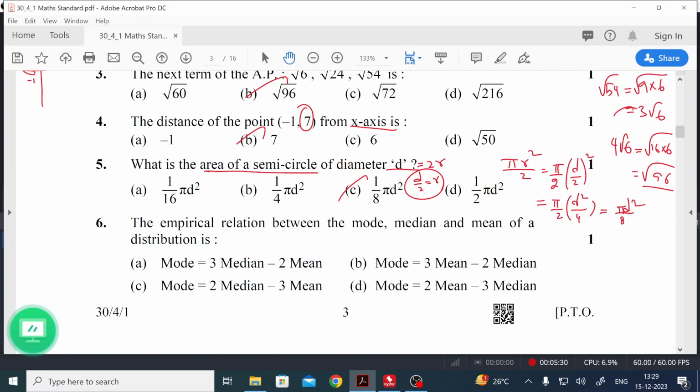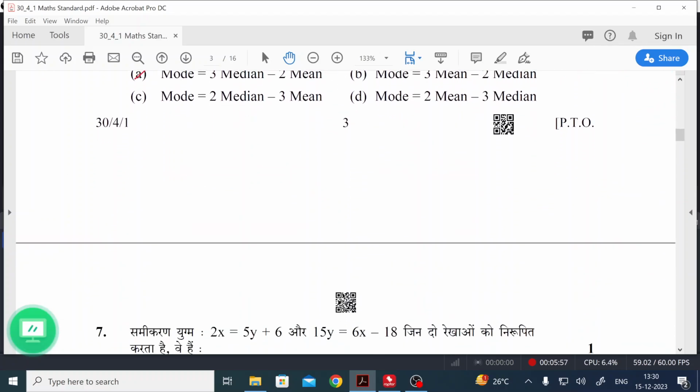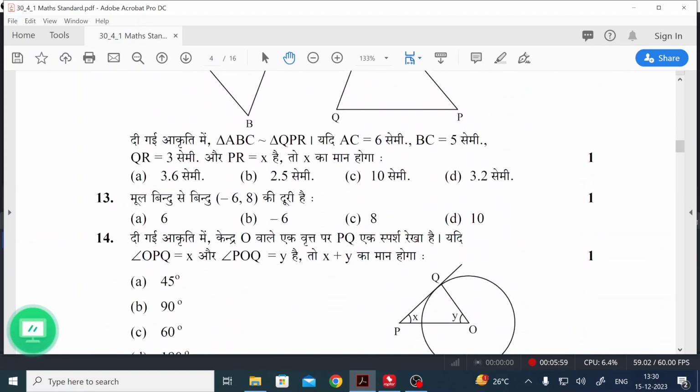Next, the empirical relation between mode, median, mean. It's a formula. Do you remember that? What is the formula? You tell me. You stand up, man. You tell me. 2 mean. Where is it here, the option? A. 3 median minus 2 mean. It's a formula which is given in our textbook itself. Okay? Right. You just go through it. Next, we are going